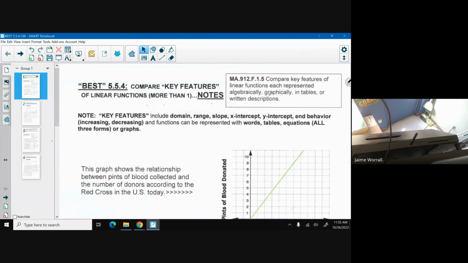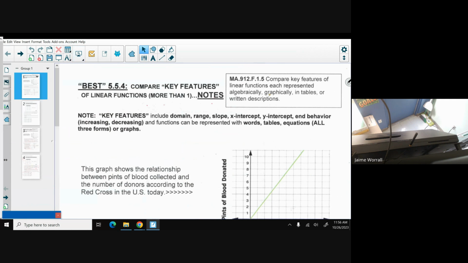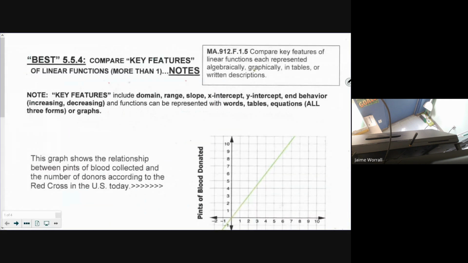Lesson 5.5.4 of the best algebra ever. And now we're going to take the key features that you have been messing around with, and we are going to use them to compare two different linear situations. Who's got the biggest x-intercept? Who has the smaller slope? Stuff like that. So you do already have your Trinity out, and on your notes,